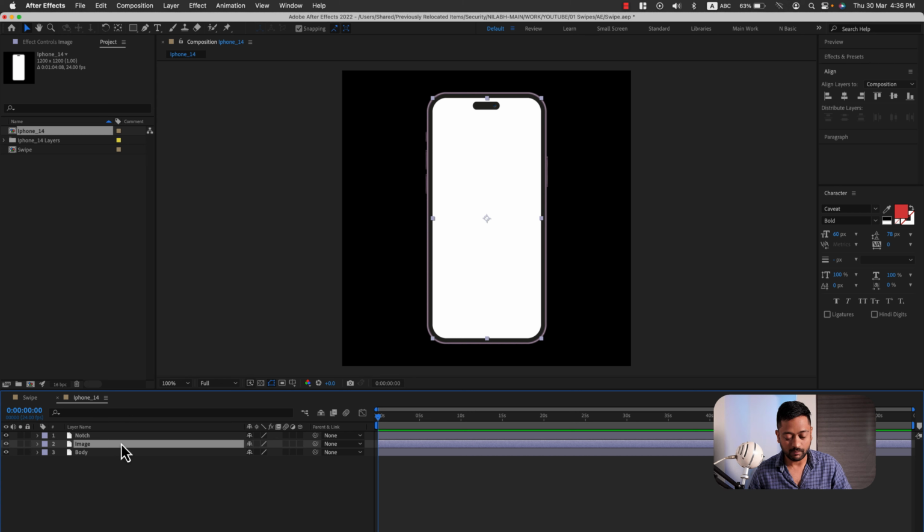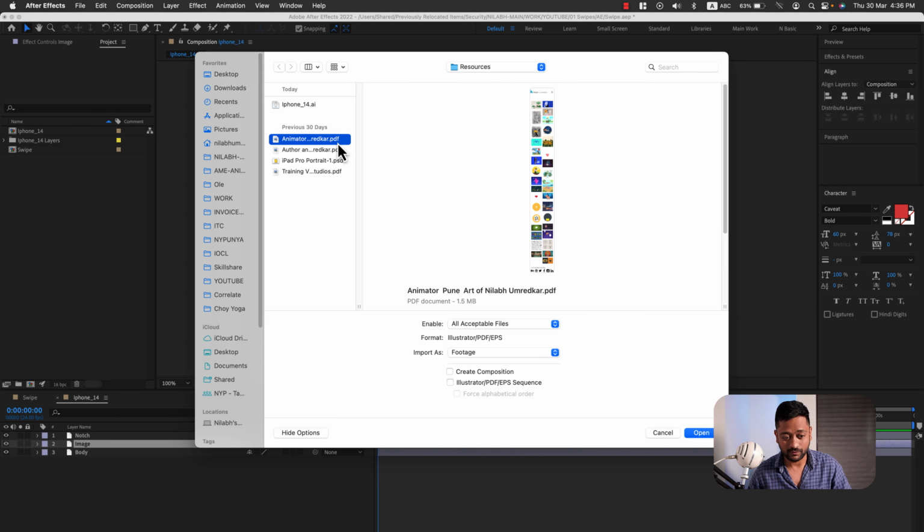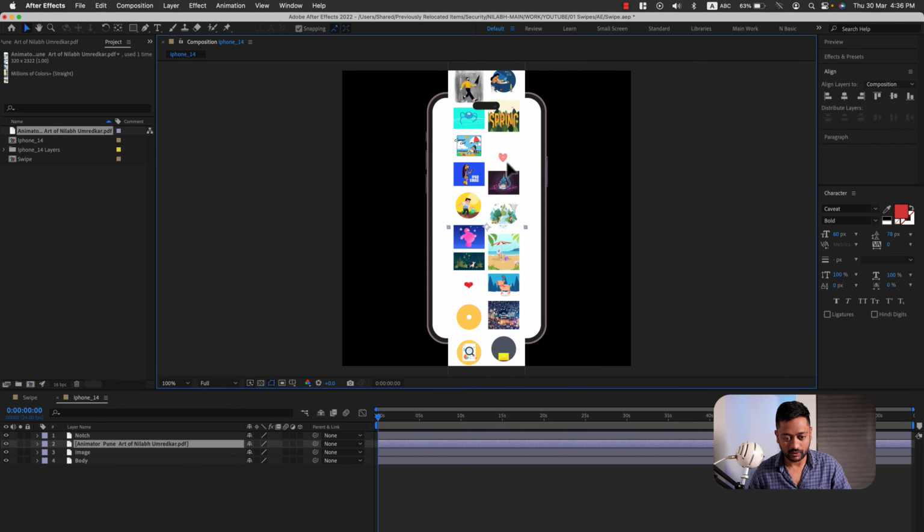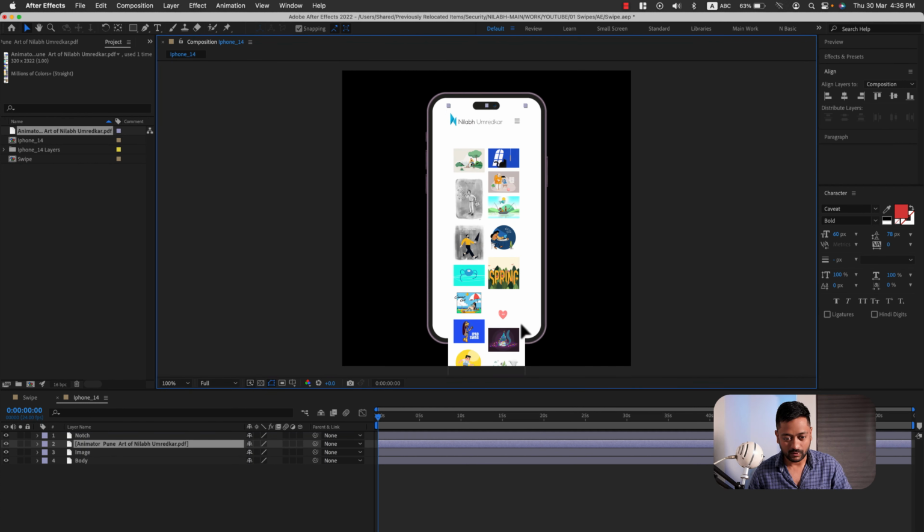So I have to put my design and the swipe on top of the image, or instead of that file. But I'll keep that because I want to make it a mask, and I'll again import another file, just another design, which is a screenshot of my website on phone, which is a long image. I'll just open that up. Let's bring that down on top of the image, and this is what I'll be swiping. So I'll just position it here, press S on the keyboard and scale this up to match the width,